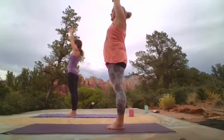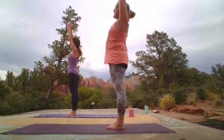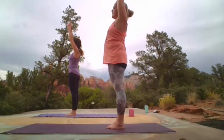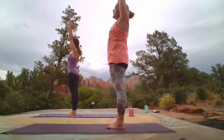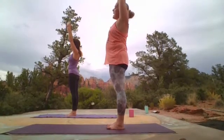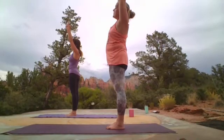Take an inhale, lift, and exhale, lengthen to the left side. So again, we're feeling this deep stretch on the right side body here. The feet are still grounded, thighs are firm, belly in and up. If you feel a pinch in your low back, really pull that pelvis forward and up. The right hip might start to poke out to the right a little bit to intensify the stretch on the